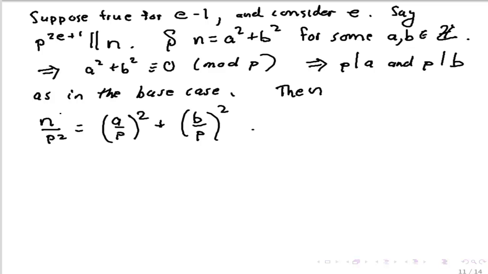But what is the multiplicity of p dividing the number on the left? Well, we started off with n being divisible by p to the 2e plus 1. I've factored out a p squared, and so I can say that p to the 2e minus 1 exactly divides n over p squared. And so by the induction assumption,